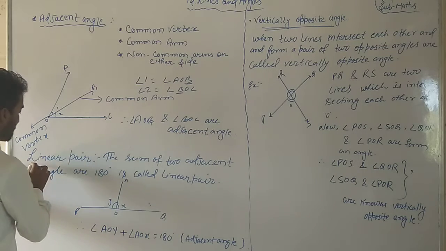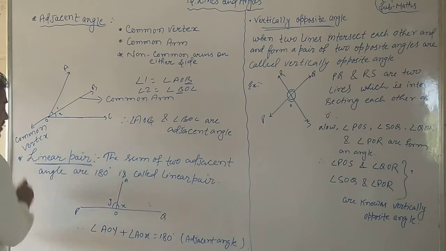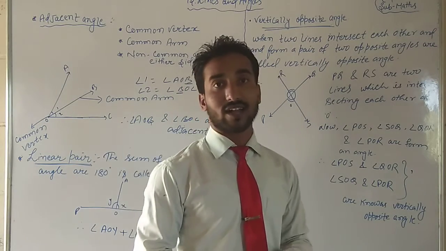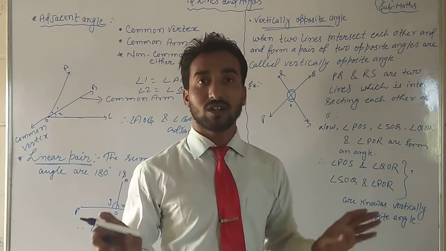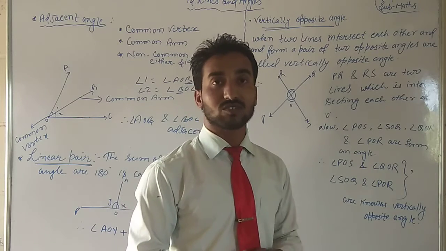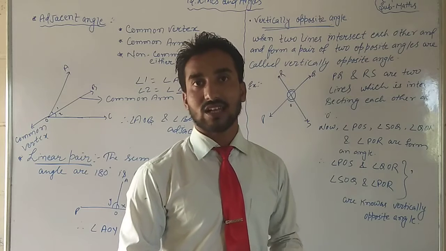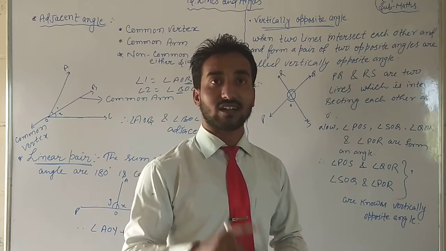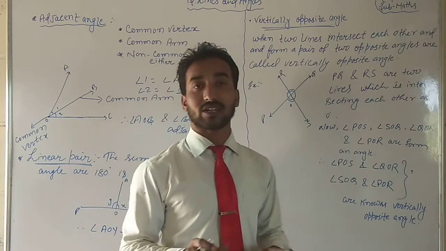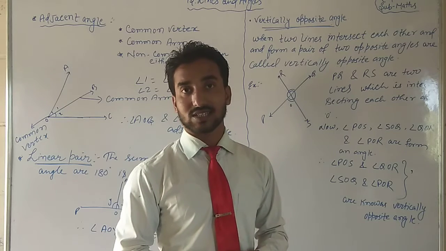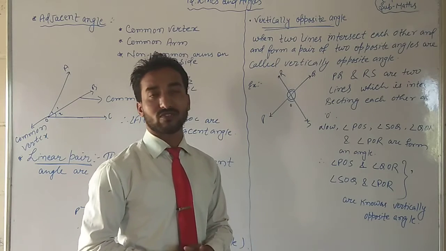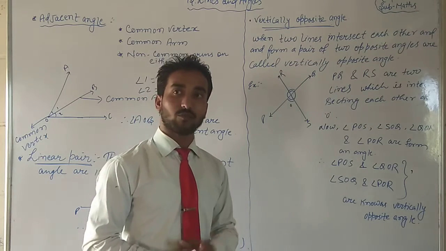Next we will discuss linear pair. Students, let me tell you, these chapters are very important. Once you have understood lines and angles, you will have learned 95% of how to explain and prove the theorems, which are completely based on lines and angles: adjacent angles, exterior angles, vertically opposite angles, co-interior angles, linear pair. These are the theorems on which all geometry questions are based. So try to understand them very carefully so that you can solve the proof questions that come in front of you. It's very important.